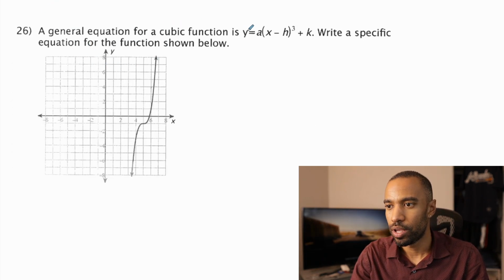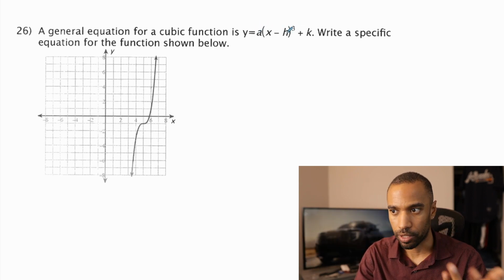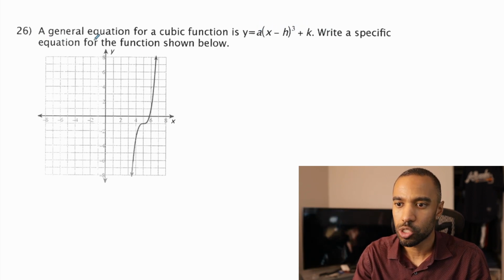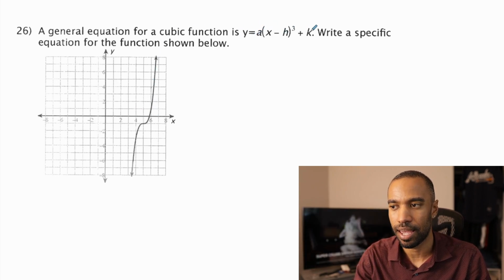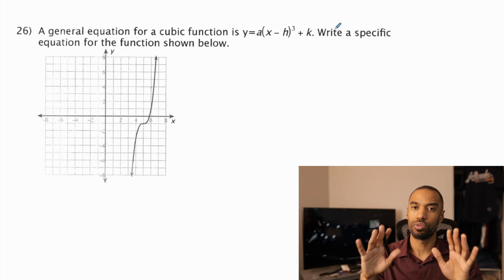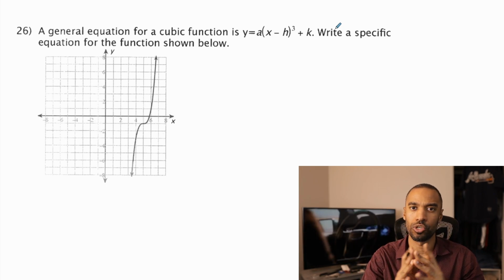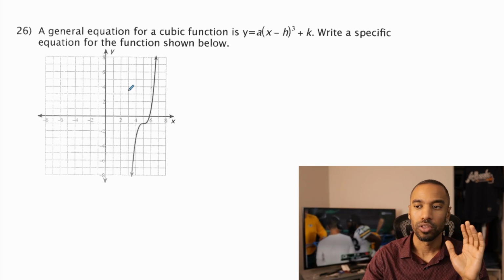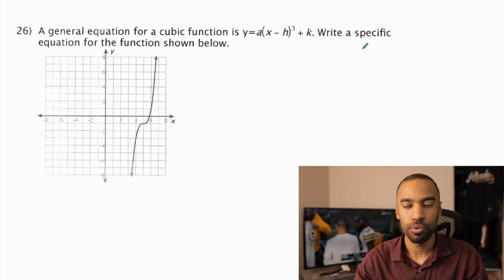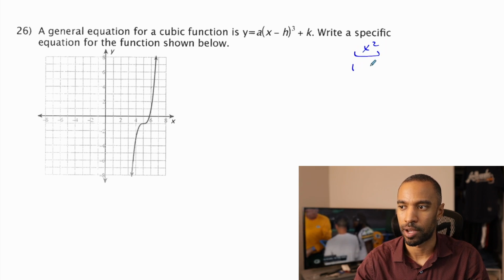All right, a general equation for a cubic function is y equals, oh, here, perfect, there's the general function there. Write a specific equation for the function shown below. So now we have to come up with basically the a, h, and k. There's more than one way to do these problems, guys. There's an algebraic way to do it, but I'm going to stick with the nature of us understanding how these graphs work. Let me first write out, if you can think of that quadratic there, as I talked about, 1,